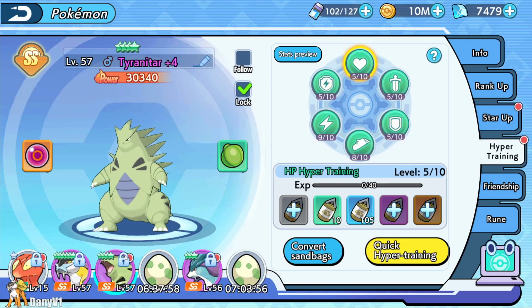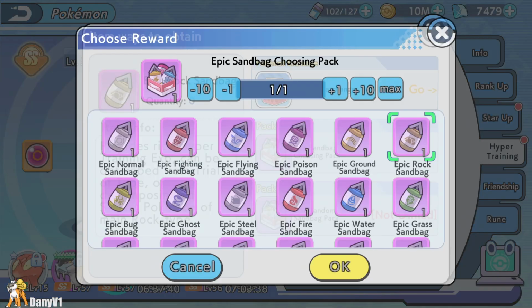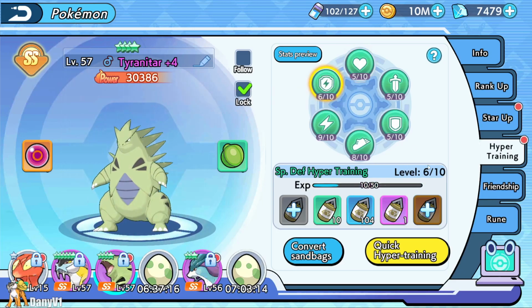That's one of the reasons why I consider the sandbags much better. And not just that, did you know that one single purple sandbag, I'm going to exchange it over here, gives 6 times more experience than the blue one? So for example, I go over here and I put the blue one, it takes me to level 6,